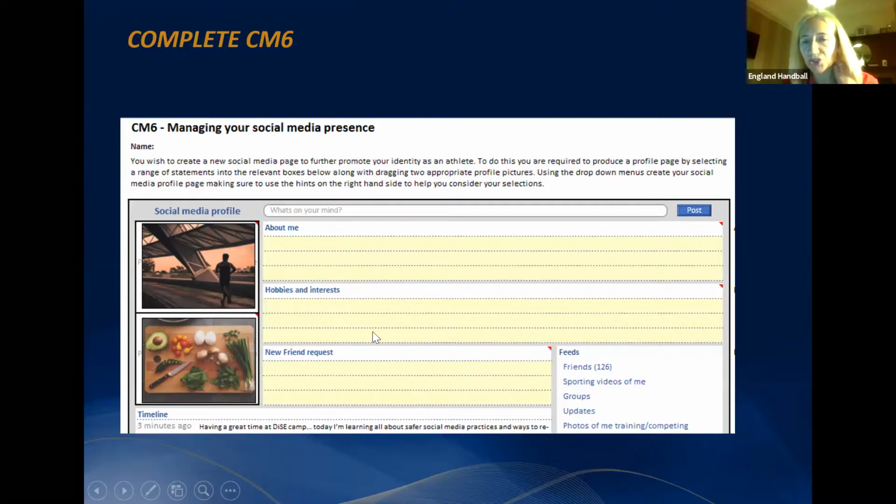And then in each of the About Me sections, there's a drop-down box with suggested types of things that you would put or that you should put. And then in your hobbies and interests, again, there are some suggestions when you come to put in each of the yellow lines. So make sure in those yellow areas you put 3 things about yourself, 3 hobbies and interests. And then your friend requests here, think about the type of friend request that you're accepting. Okay, so that is